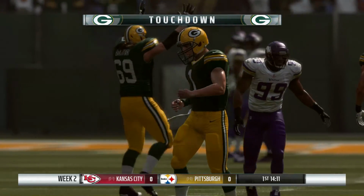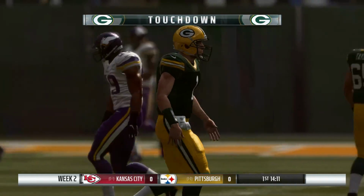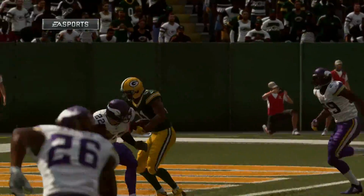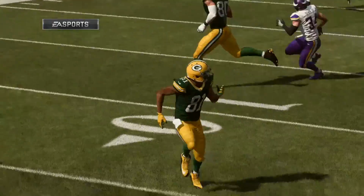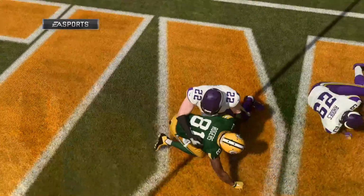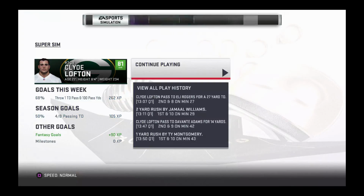Into the end zone, touchdown, Green Bay. Eli Rogers, his first touchdown here of the new campaign. And the Packers take it right down the field and score on the opening drive. Well, that's how they...